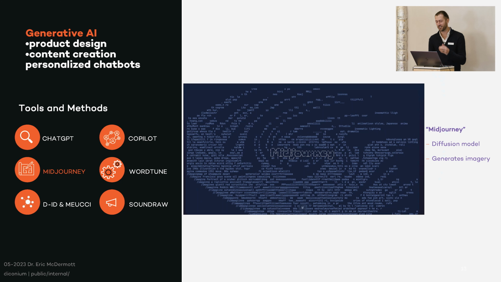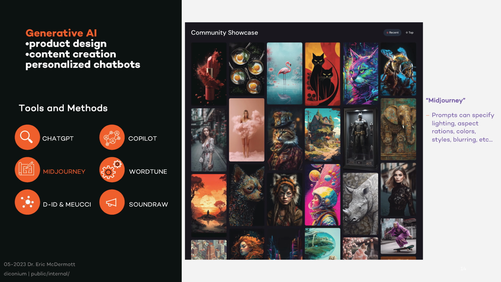There's also Midjourney. For starters, Midjourney is something called a diffusion model. I won't go into that, but for our purposes, it generates imagery, really, really good imagery. These are just some basic examples. They really blow me away when I look at them. Rocky is also going to do a deep dive here and really blow you away.